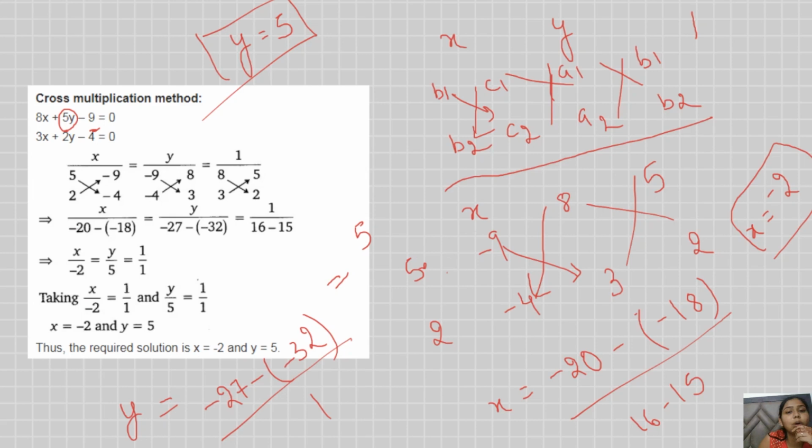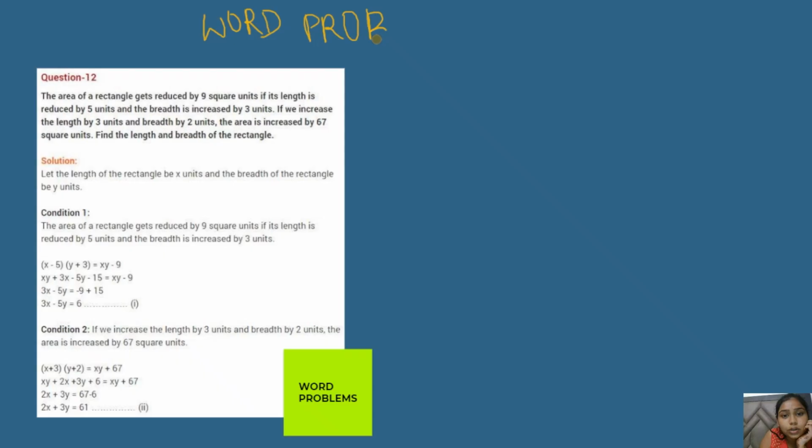So here are the important question of the linear equation, the word problems. Students find it very difficult to solve the word problems, but for me these are very easy. Solve them, we can see. Okay, so first of all, our problem is the area of rectangle. So what is the area of rectangle? Basically area is equals to L into B, right? This is the area of rectangle.